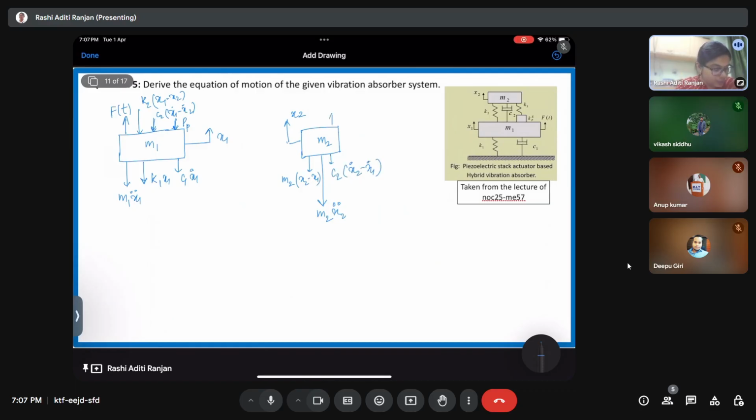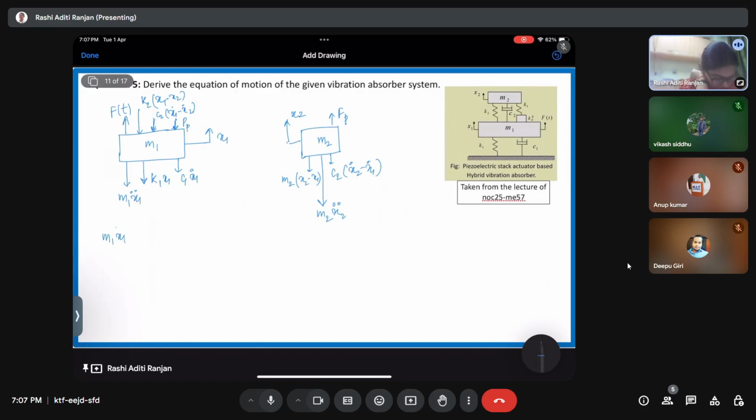And then there is going to be a force because of the piezoelectric, right? So this is what it is. Now, since we have already done the force balance, what is required? We just have to write the equation. So for the first mass, if I write, I'm going to get